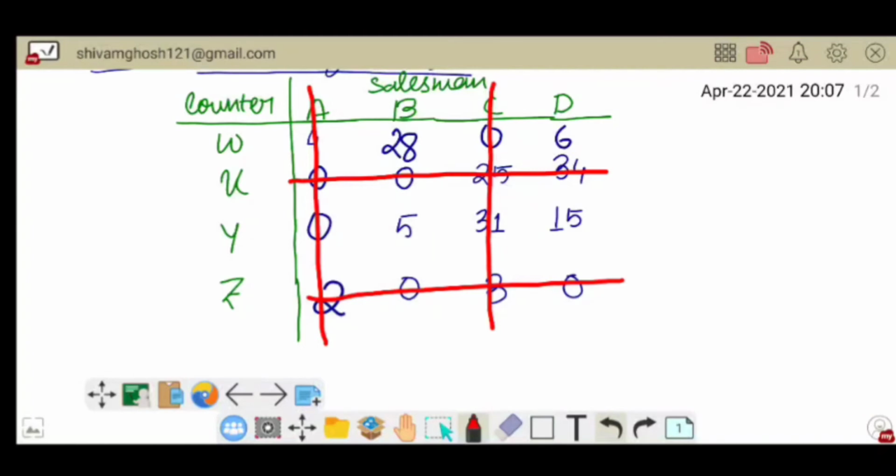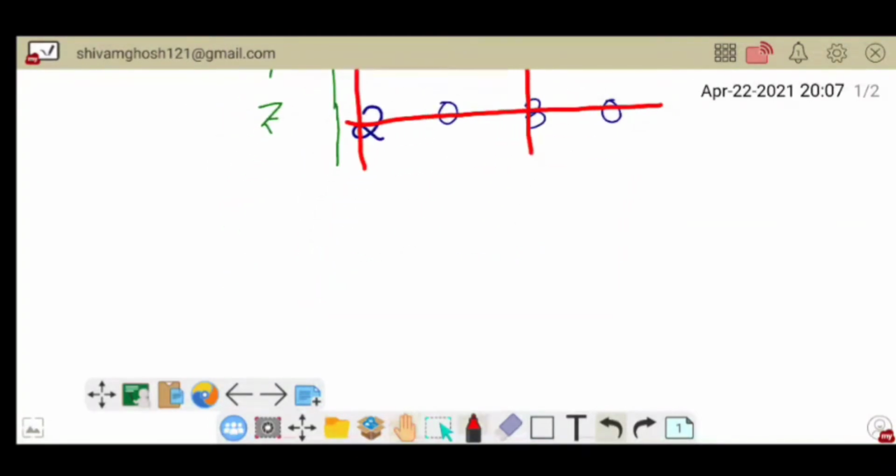We have to cover all the zeros by making lines. So now we can say the number of lines equals the number of rows and columns.